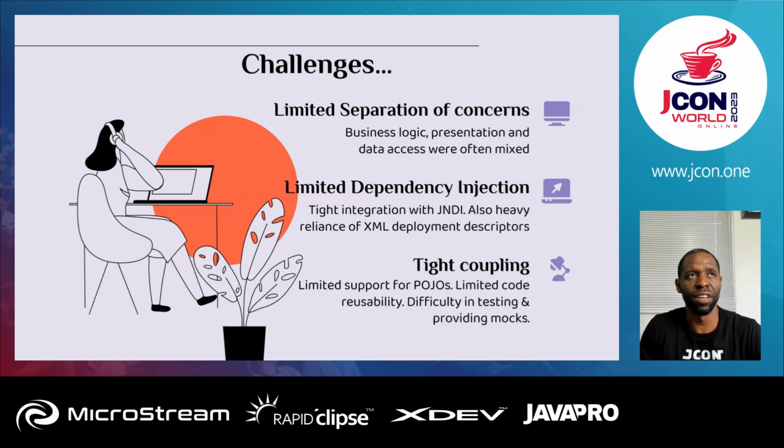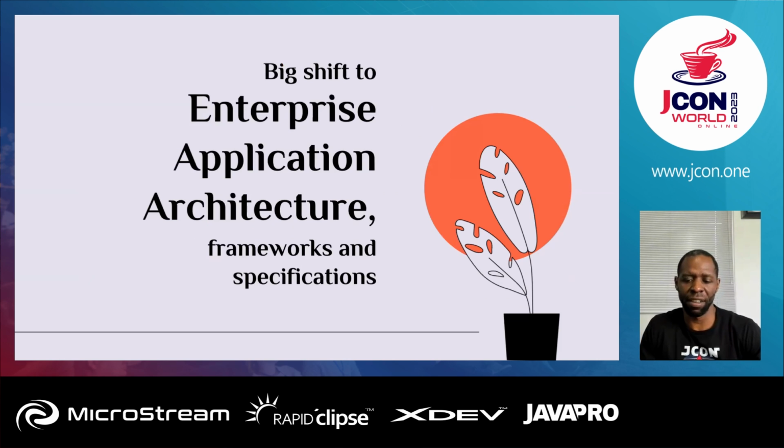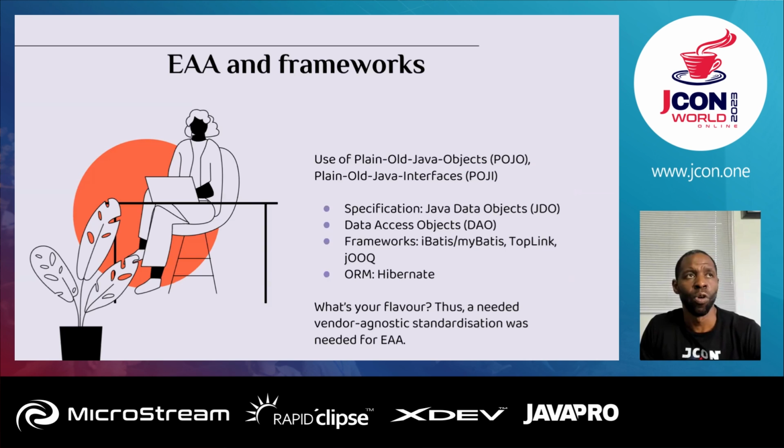And also it was very difficult to test and mock up. So then we went to a big shift to enterprise application architecture and frameworks, such as the Spring framework. So things started to be abstracted a little bit. So use of POJOs and POJIs, so creation of plain old Java objects and interfaces, and then introducing enterprise specifications